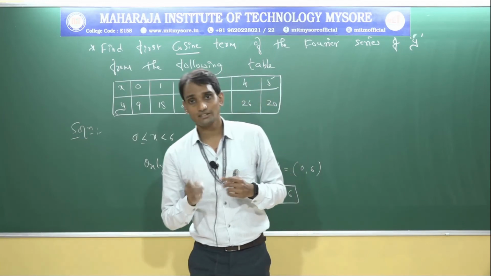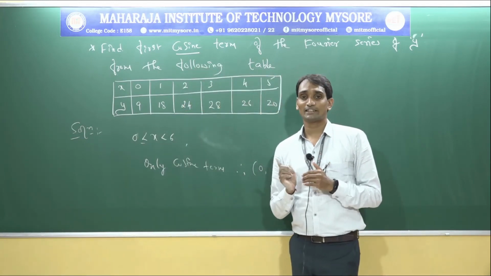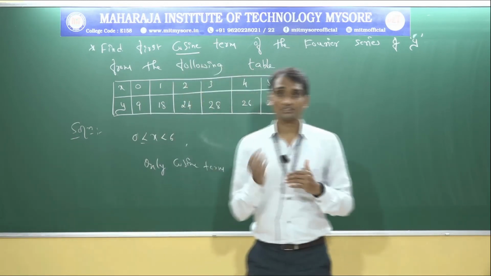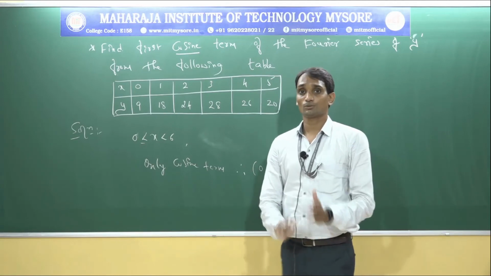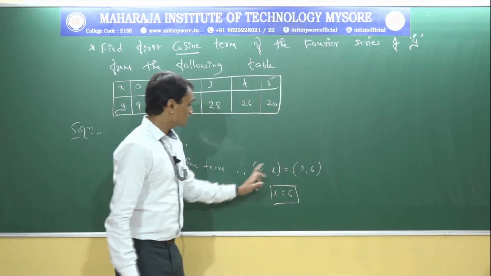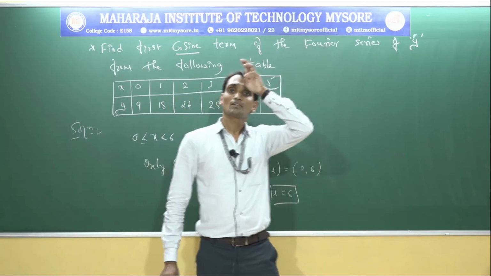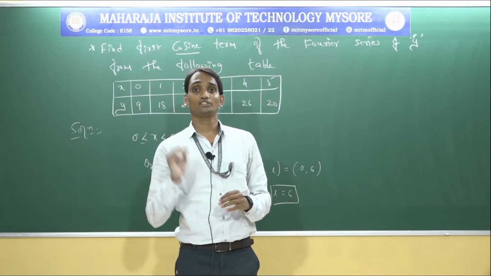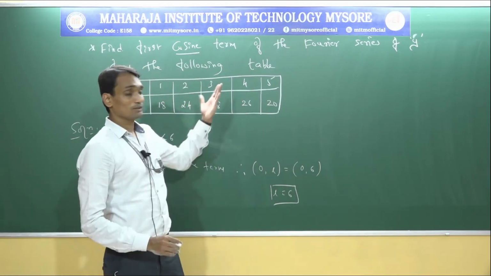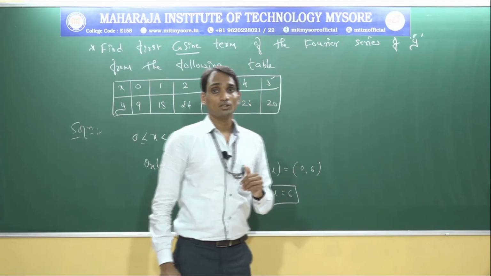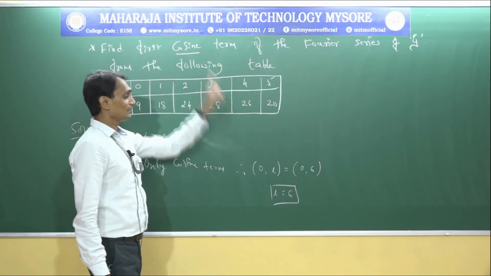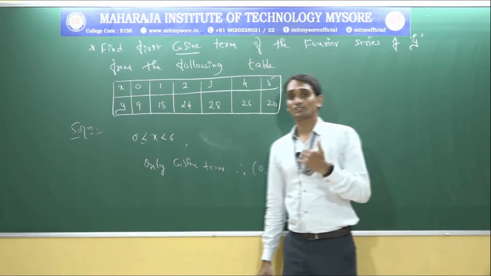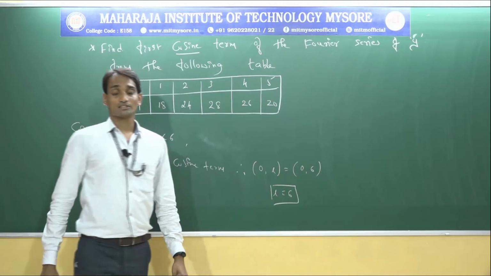But the first thing is, see the given question: first harmonic or second harmonic. In the first harmonic, cosine or sine, or second harmonic, cosine or sine. If only sine or only cosine is there, we need to compare 0 to L with 0 to 6. If both cosine and sine are being calculated, we need to apply L equal to (b minus a) divided by 2. I explained this in the previous problem, and we need to follow the same thing. Here only the first cosine is there, so while calculating the L value we need to compare 0 to L with 0 to 6, that is L equal to 6.